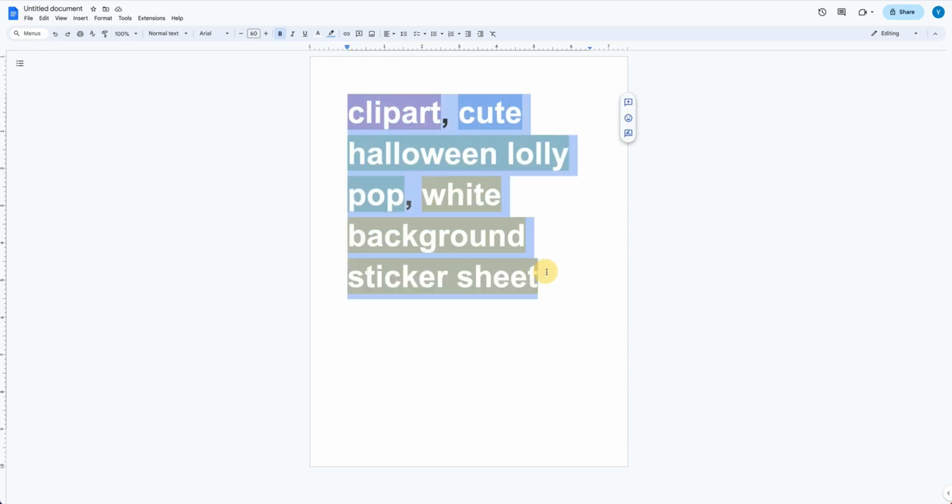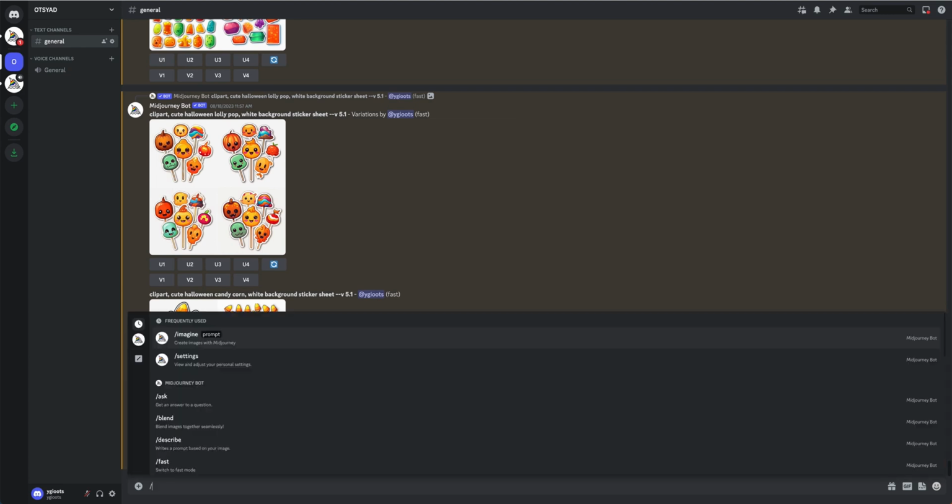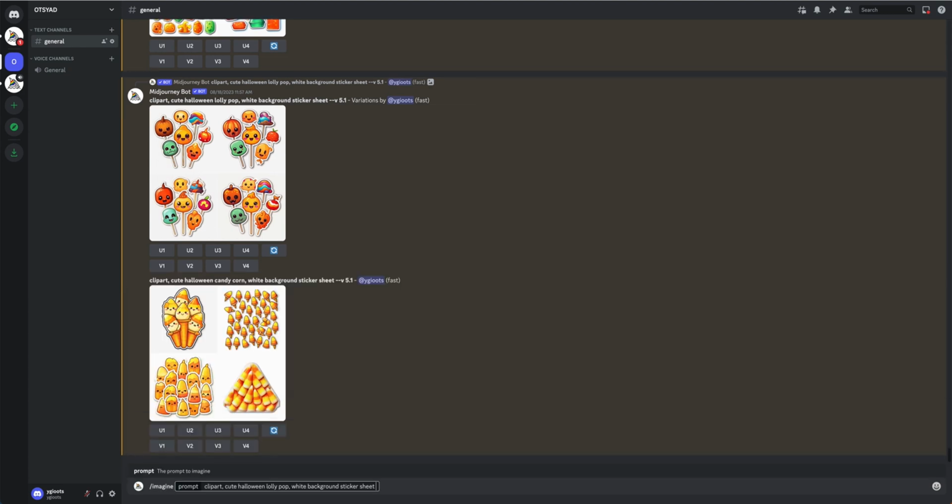I'm gonna go ahead and copy all of this. I'm gonna go back to Midjourney, and I'm going to do slash imagine. Now I can enter my prompt. I'm going to go ahead and copy that. Now, a quick trick that I like to do is I'm going to delete that lollipop part, and I'm going